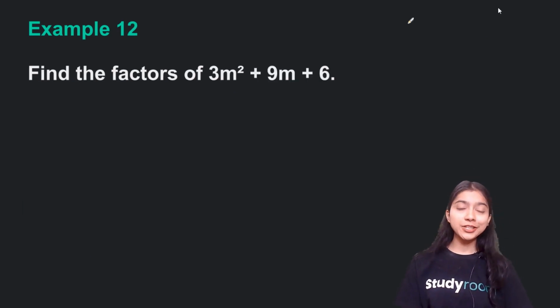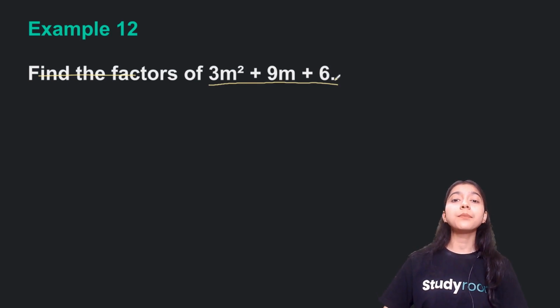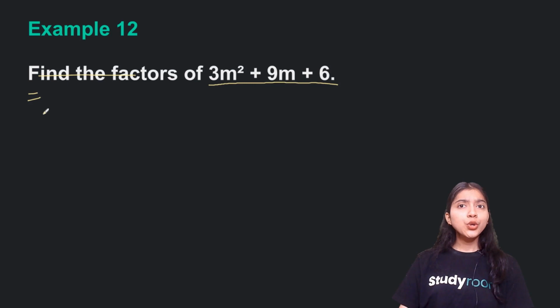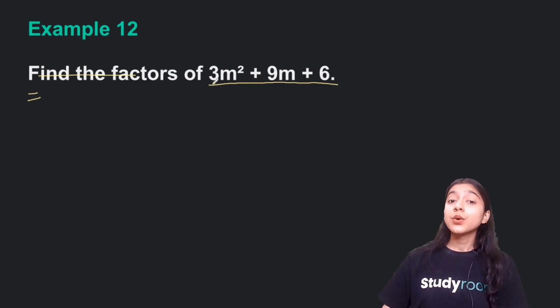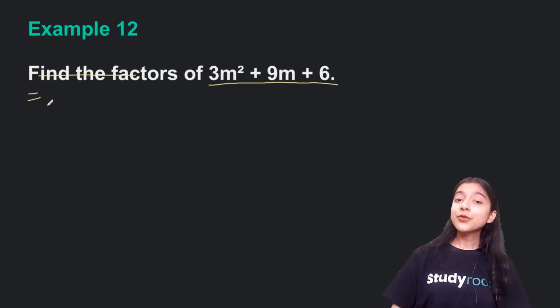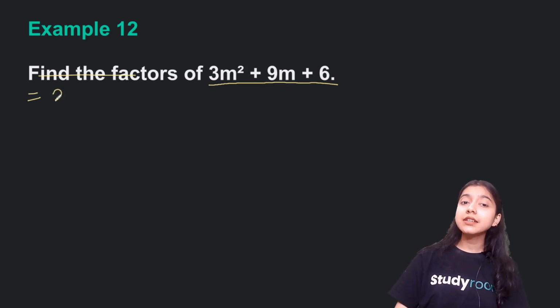Let's try solving another problem. We have to find the factors of 3m square plus 9m plus 6. Now, in this question, you can observe one thing, that in each of the terms, we have a common factor. So let's use the common factor method first, and then we'll be using the identity. So from the common factor method, I can see that I can take 3 common outside from each of the